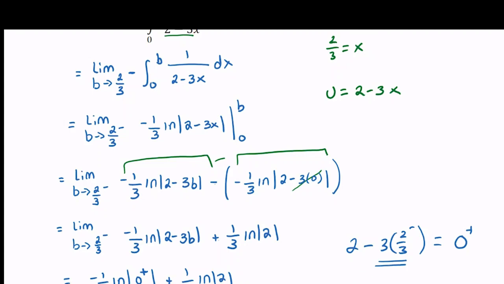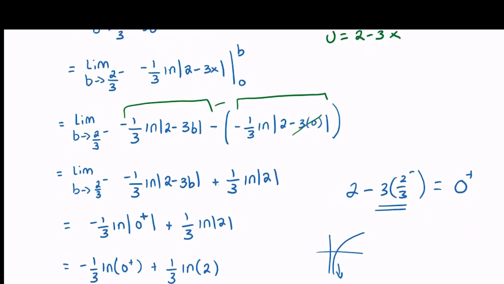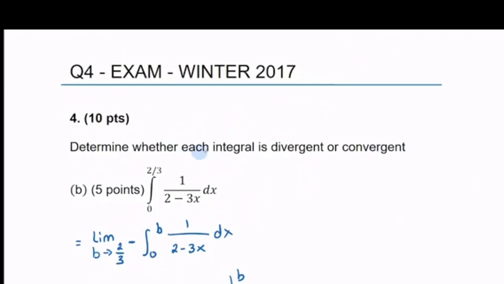Taking a look at our logarithmic function, ln x is generally like this. So ln just to the right of 0, we can see the function is going to negative infinity. So this becomes negative 1/3 times negative. Determine whether the integral is divergent or convergent. So